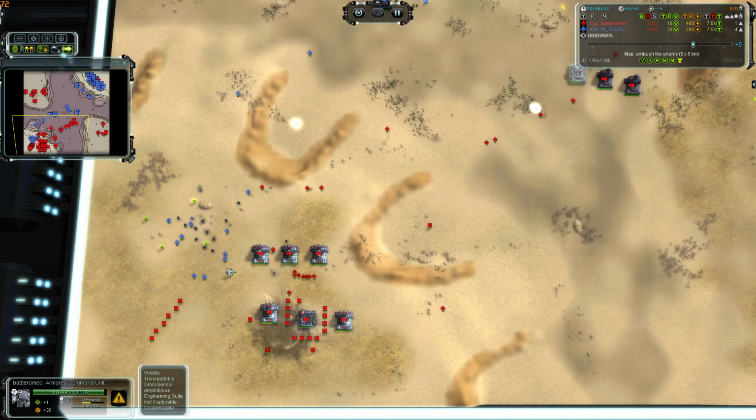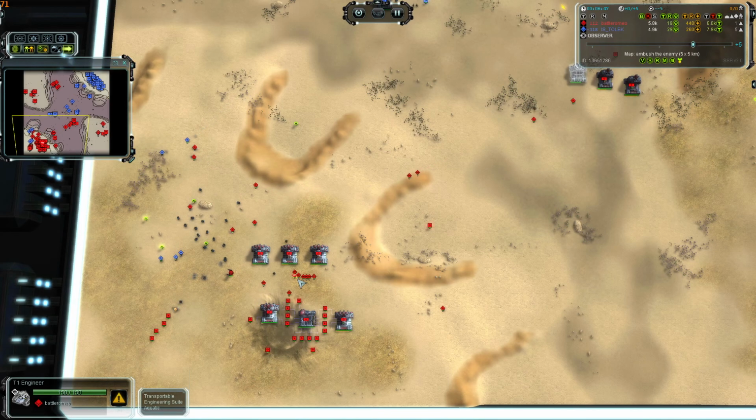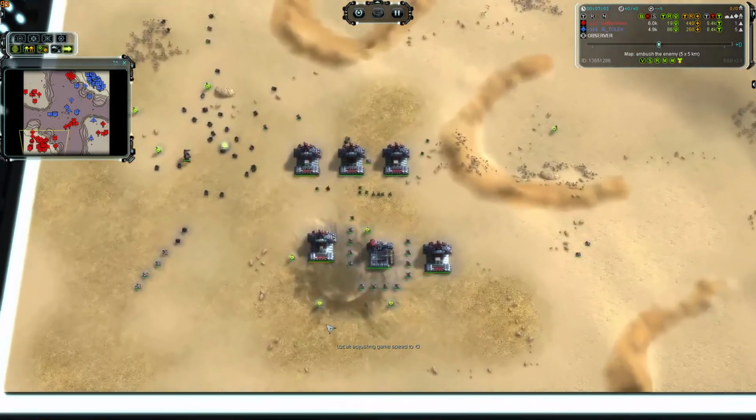So at the end of the day, they're not going to be able to get a whole lot done, but they are applying pressure and causing Battle Romeo stress and having him use actions per minute on dealing with his base. So now slowing down,